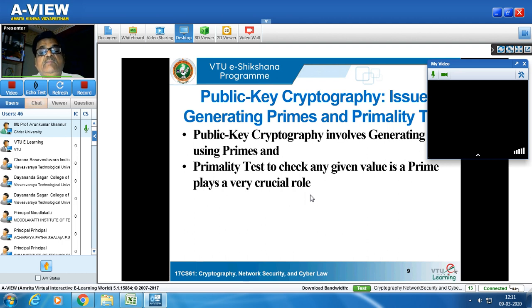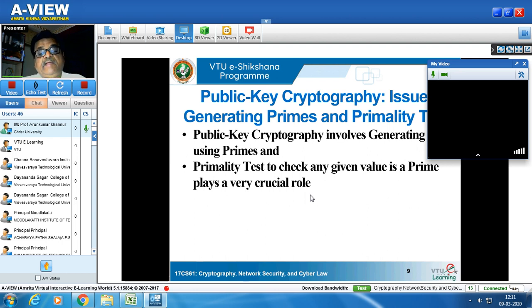So those play a very crucial role. If anything is happening without involving primes and the product of two prime numbers, then the security will not be of higher order, because